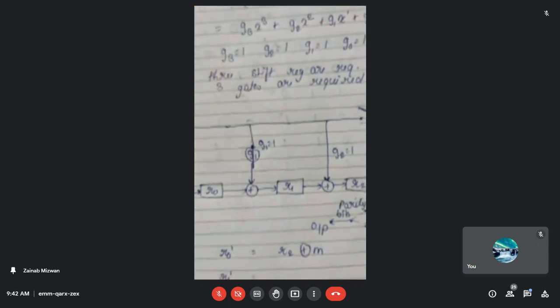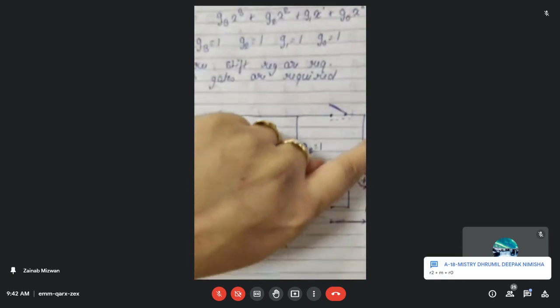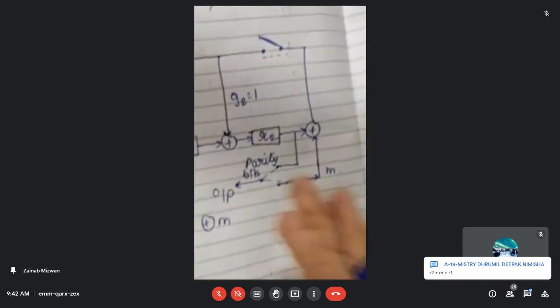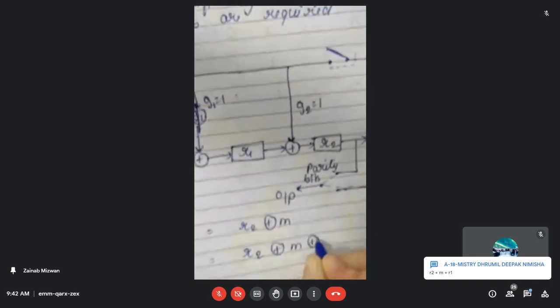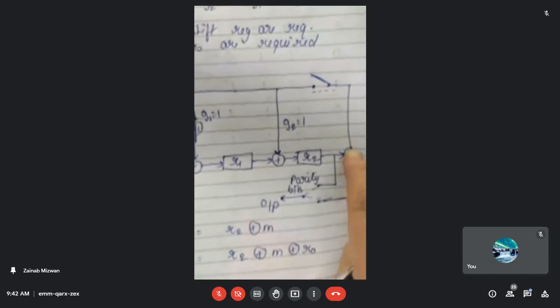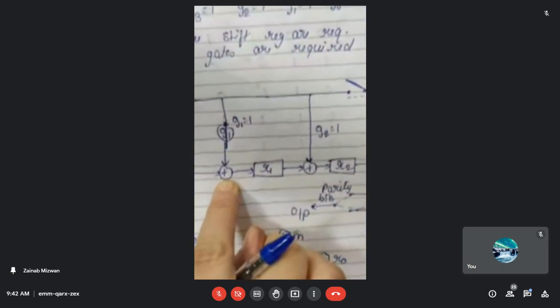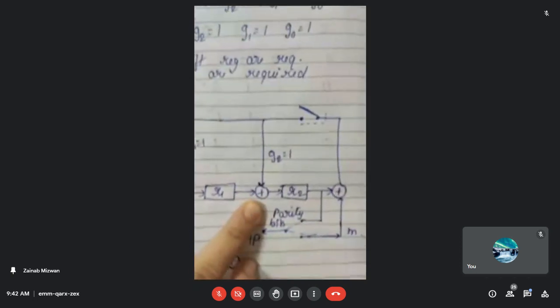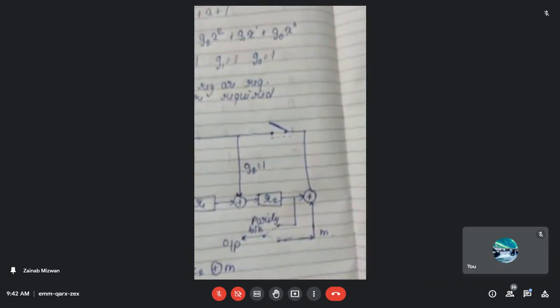Next, what will we have for R1 dash? We have R2 XOR M coming from this, and similarly we have R0. So we can write R2 XOR M, and again XOR with R0. R2 XOR M comes from over here, and then the other input coming to this XOR gate is R0. Now coming to R2 dash, what will be the equation for R2 dash?